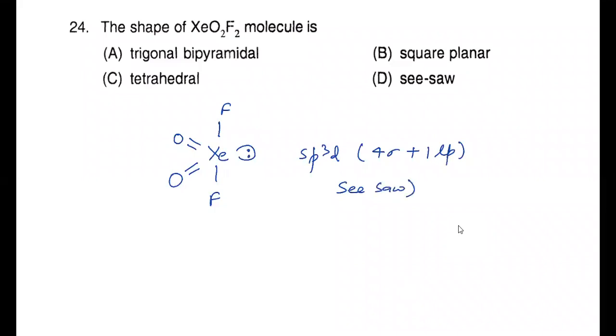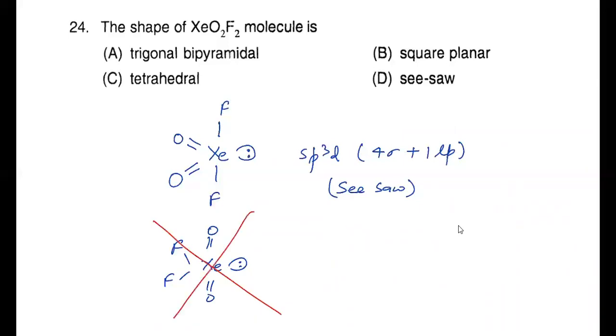Very standard question. But for the structure, be very careful that the fluorine must be at the axial position, cannot be on the equatorial position. You can't draw it like this. This is an incorrect structure. If you draw like this, then this is not correct. You can't do like this. I hope it is clear. Bent's rule you all are aware of. So you can't draw like this. Clear?